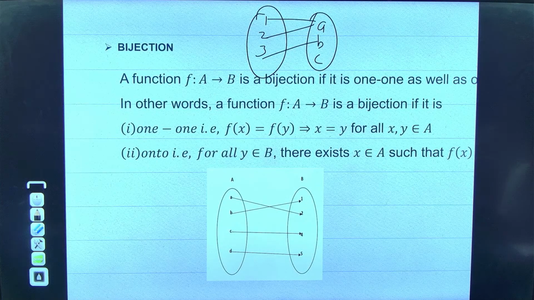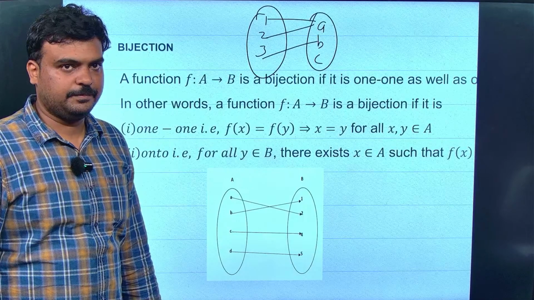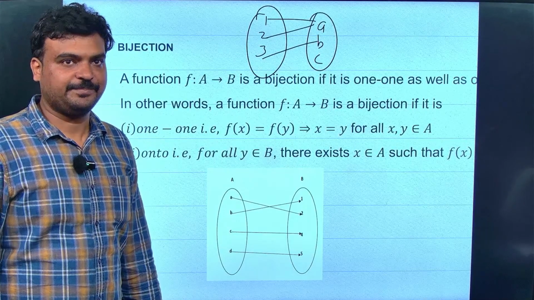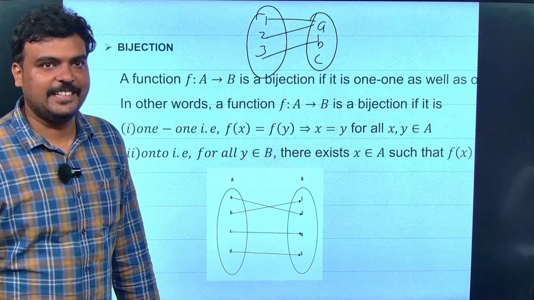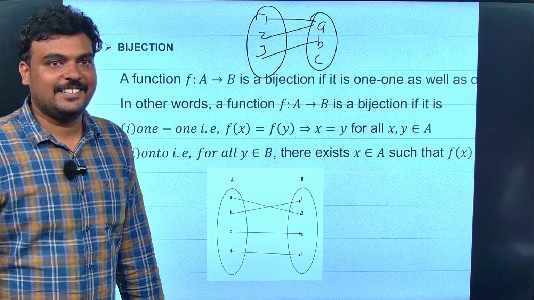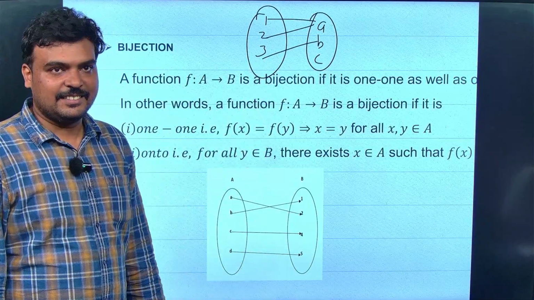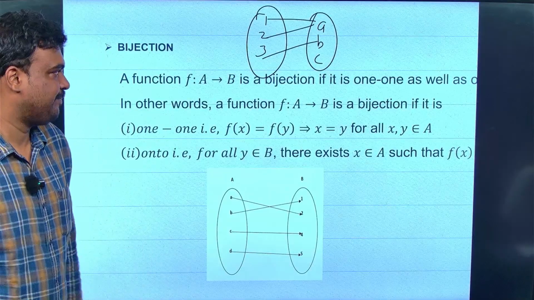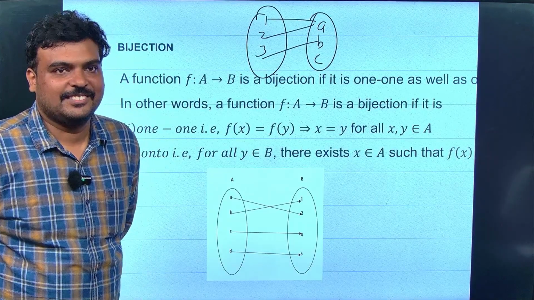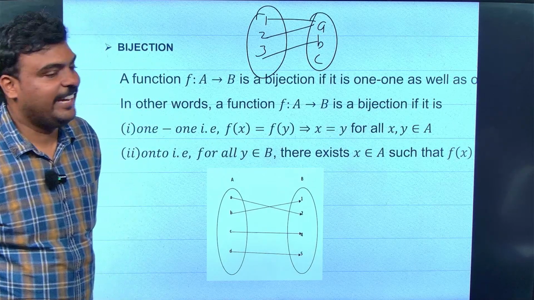I want answer from Darshan. டேய் தர்ஷனே, எனக்கு இப்பதான் கேக்குது. இது என்ன type of function? Surjective. ஓகே, சூப்பர்.